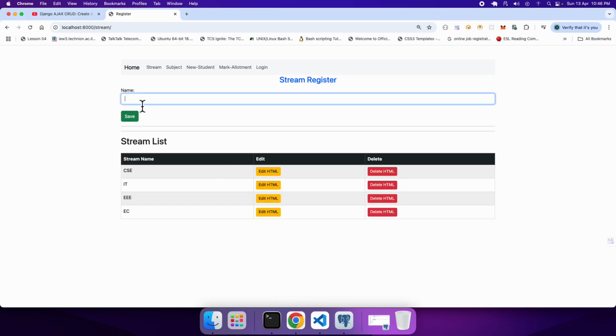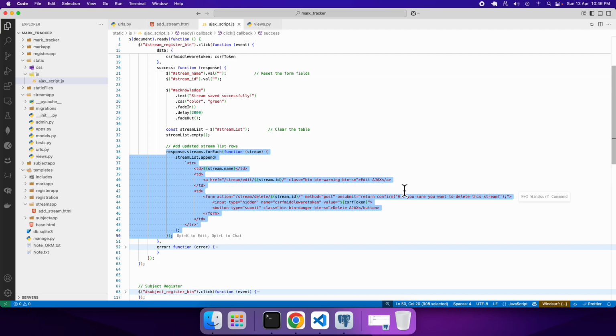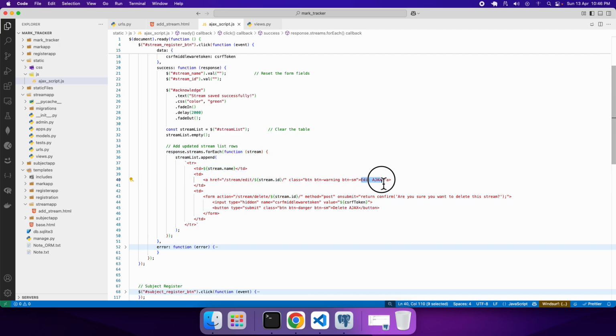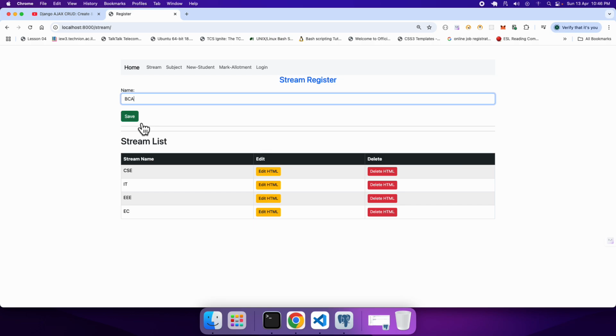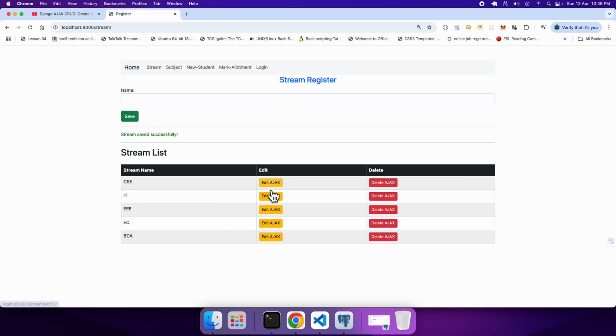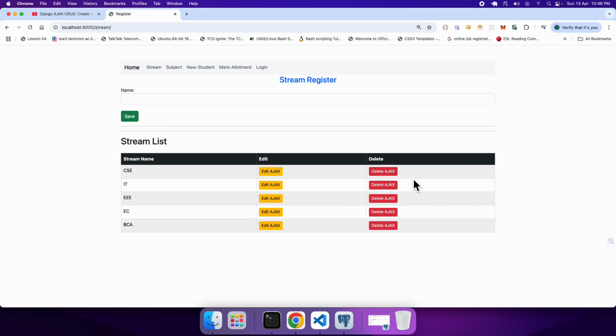Now let me insert a new data, suppose BCA. As I click on the save button, AJAX will be given a call, henceforth the control will come over here. I'm expecting the button would be edit AJAX and delete AJAX. Let me see now. As I click this, see over here it is showing edit AJAX and delete AJAX, and the table is rendering with the previous data plus the new data as well, because the AJAX is